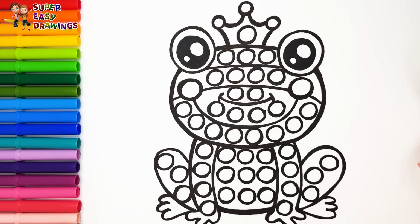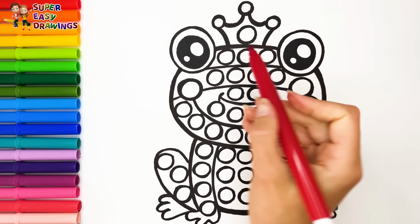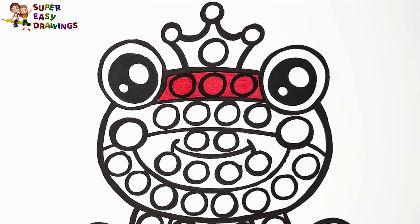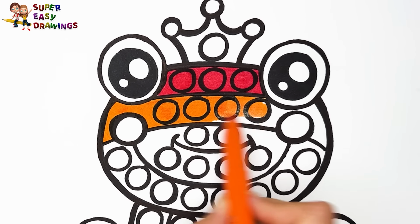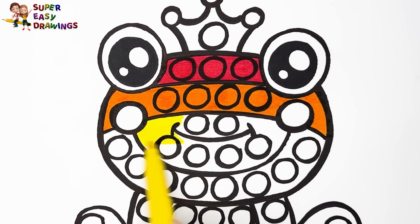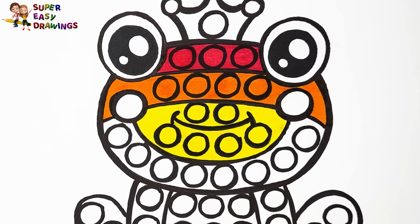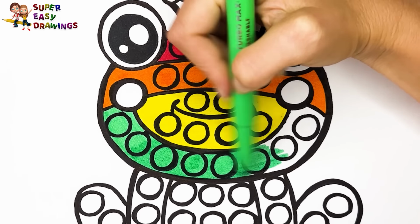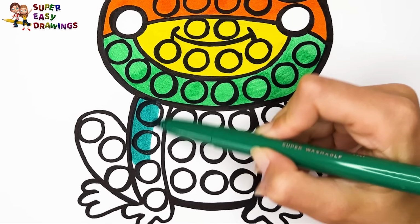Let's start coloring. To color our cute frog, I'm going to use the rainbow colors. I start with red on top. Then I use orange. Yellow, then light green, dark green,